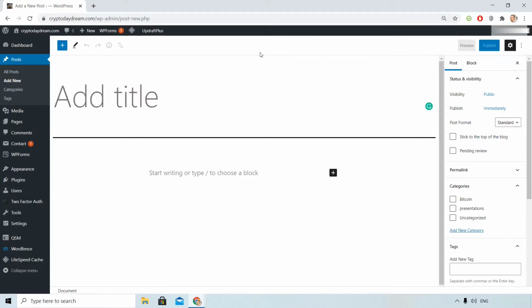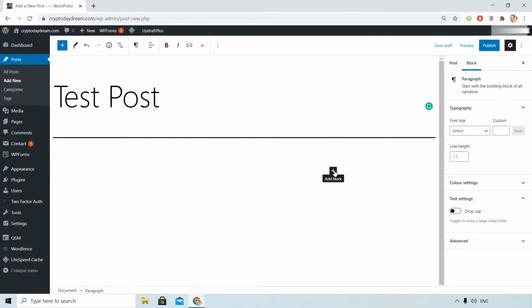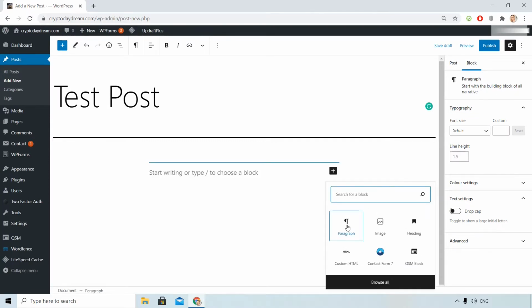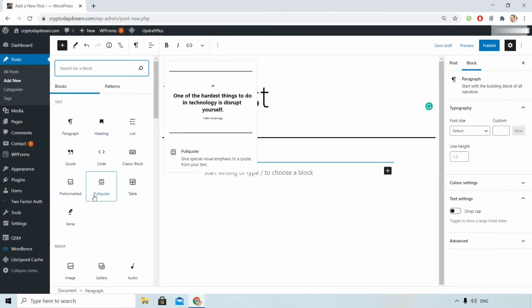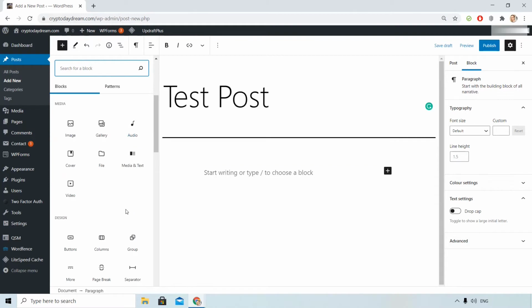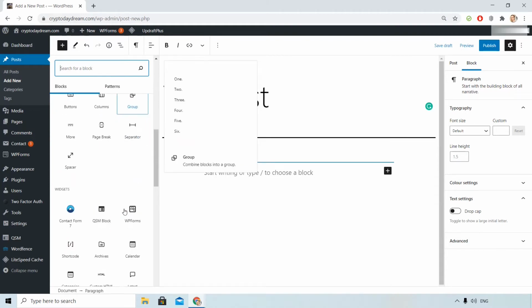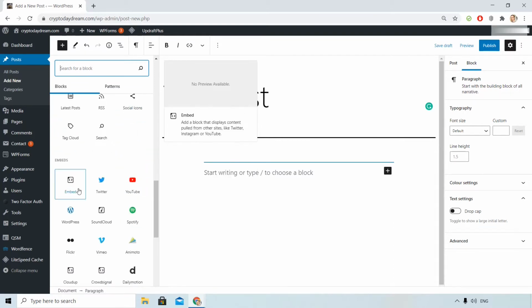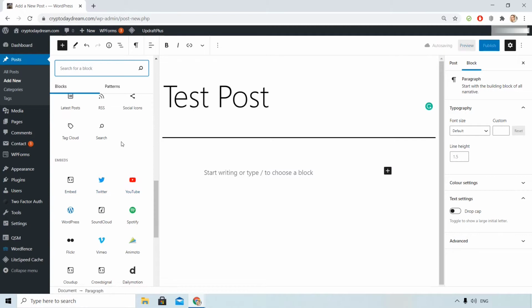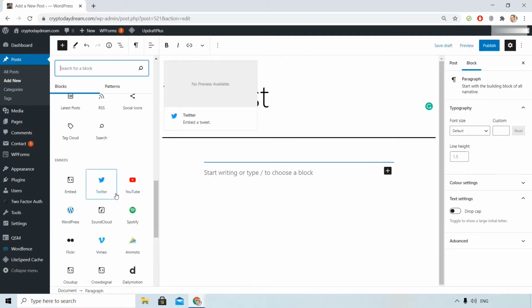I just want to mention that I use 2021 theme. This is the default one from WordPress. Here, type the title, and then everything in WordPress is divided in blocks. Blocks for paragraphs, for headings, and so many more. You can see here the options, you can add quotes, tables, buttons, you can actually do so many things. This is from a plugin, so ignore that. And this is also the ideal way to insert links from another website like Twitter.